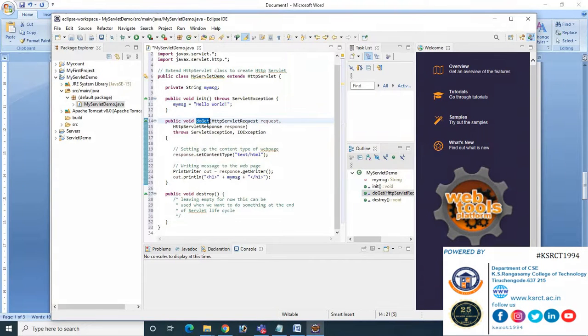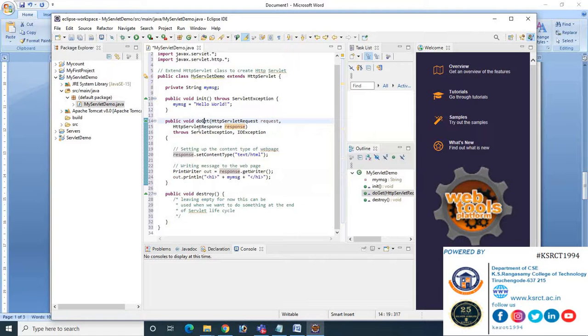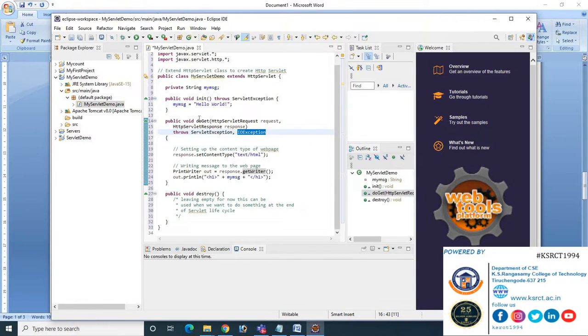So public void doGet(HttpServletRequest request, HttpServletResponse response). These are the two parameters which we have to give in the doGet method. And after that we have to throw ServletException and IOException. These are the possible exceptions that may be caught in the doGet method.